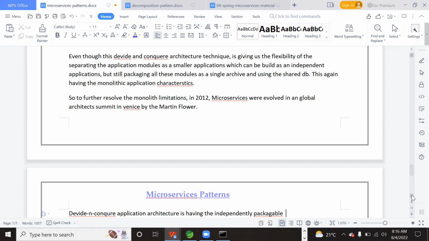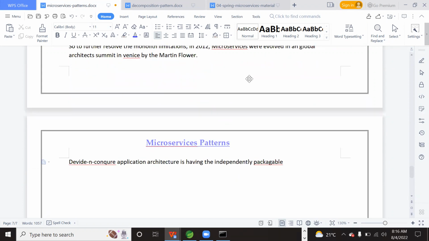Let me write the theory, which is very important for us to easily understand.